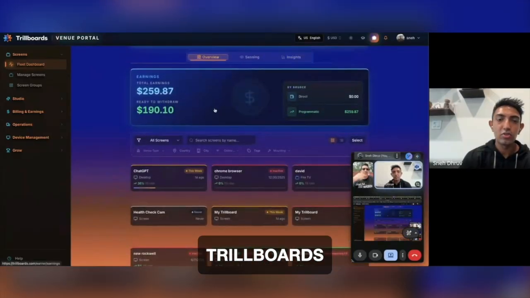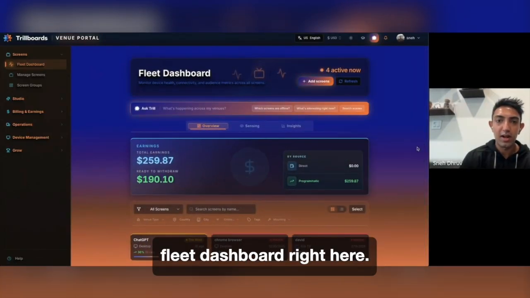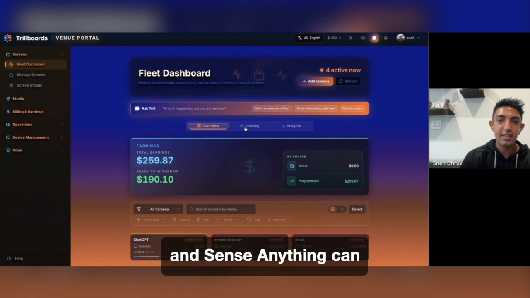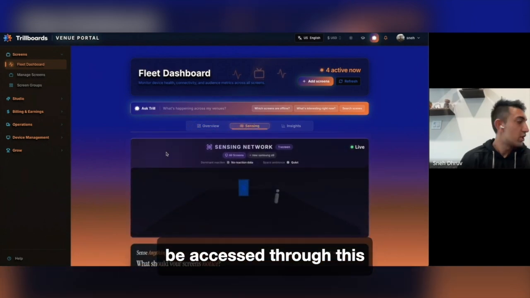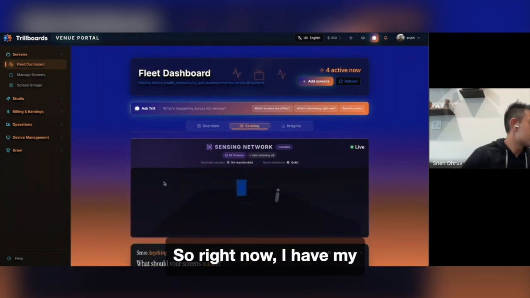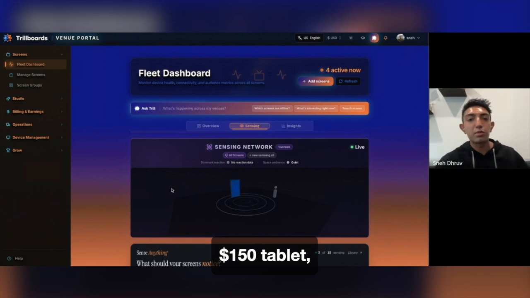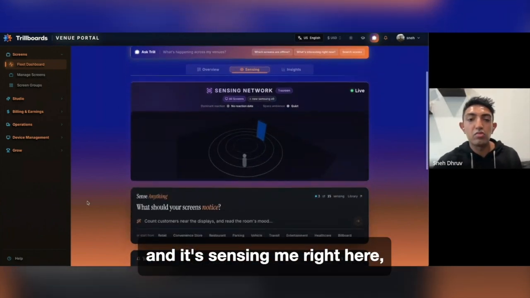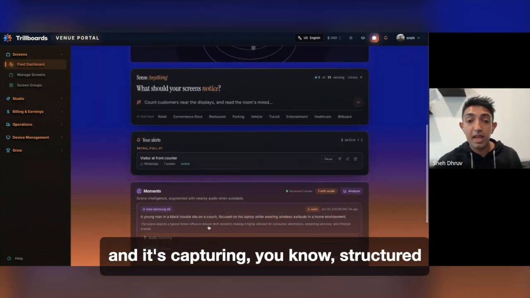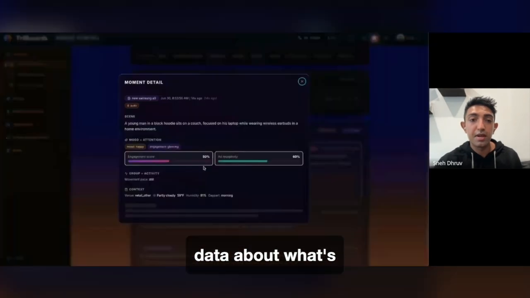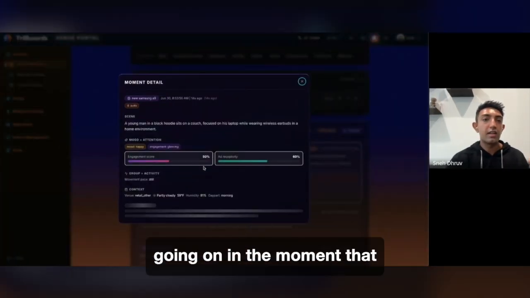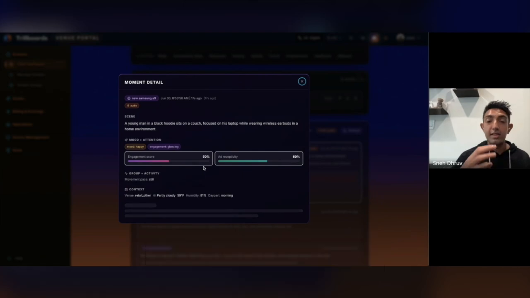So the Trillboards fleet dashboard right here, and Sense Anything can be accessed through this sensing tab. Right now I have my Samsung A9, an easy $150 tablet, and it's sensing me right here. It's capturing structured data about what's going on in the moment that it senses something.